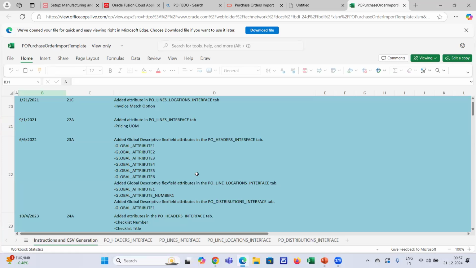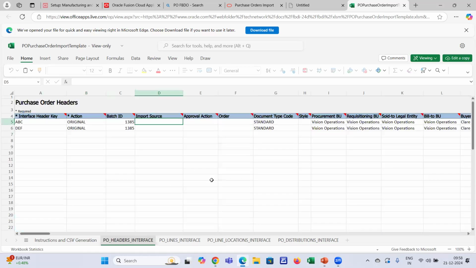Make sure all the prerequisites are there, like supplier, item, buyers, unit of measurement, and locations. All these configurations should be in place before loading the data. So you enter this information and